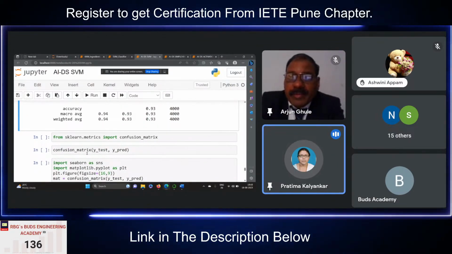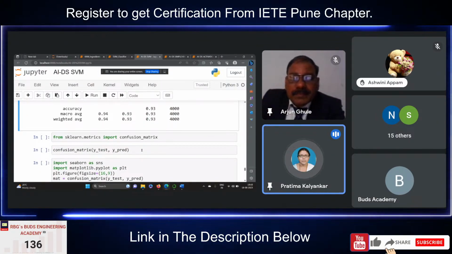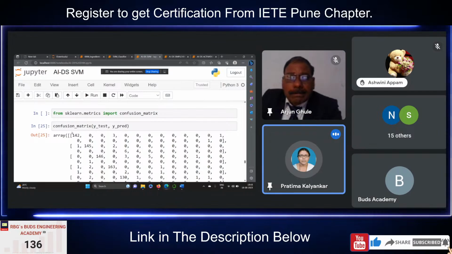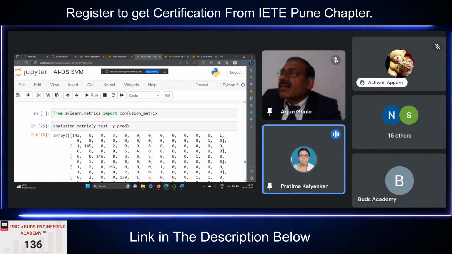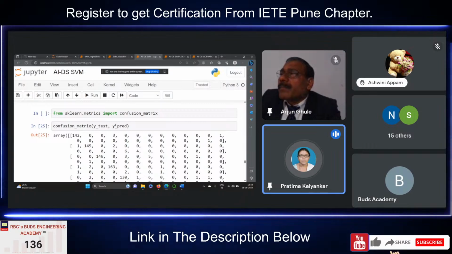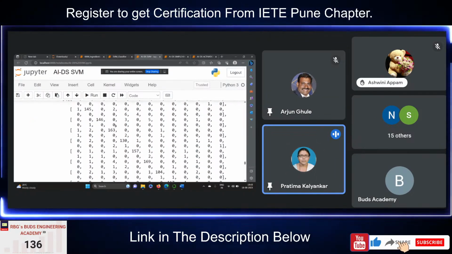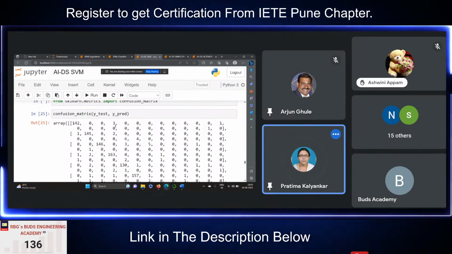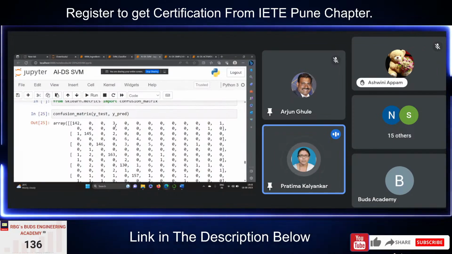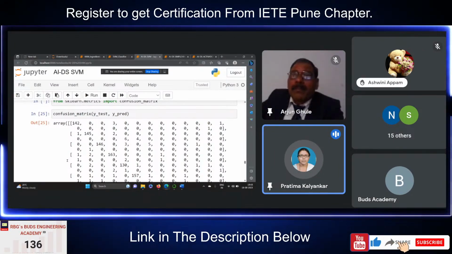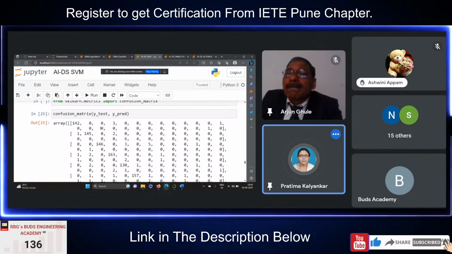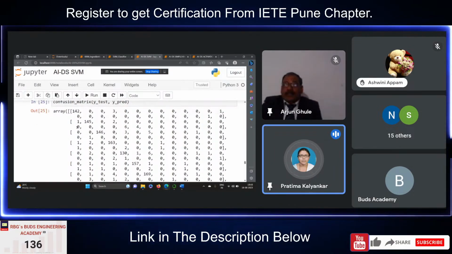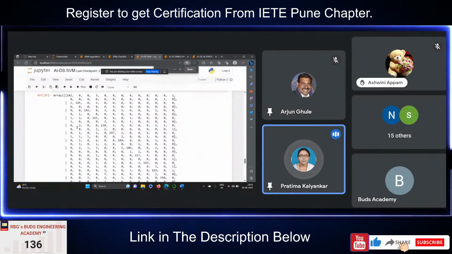Another thing that you can do is plot the confusion matrix also. You have an inbuilt function that is confusion matrix, and Y test and Y predict are the observations that you are passing on. As your classifier is classifying 26 characters, the rows and the columns of your confusion matrix will be a total of 26. So your input is A, identified is A. You are observing that diagonally,